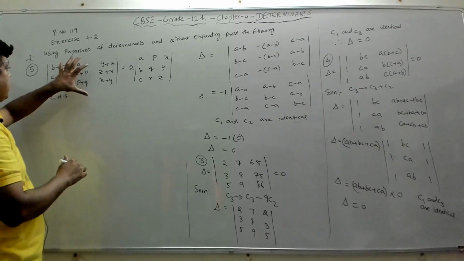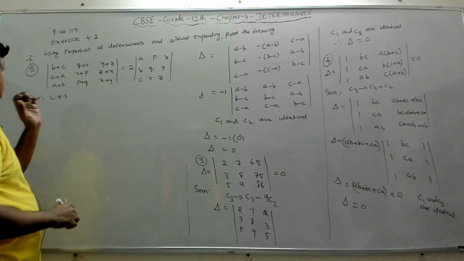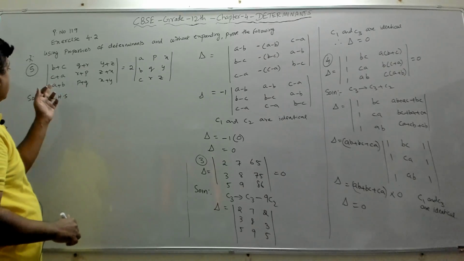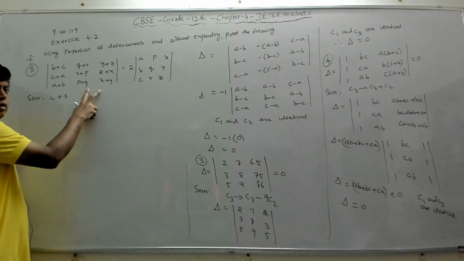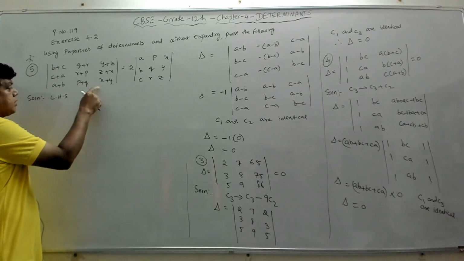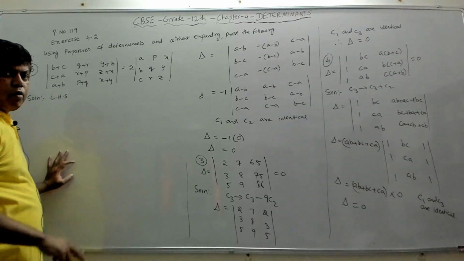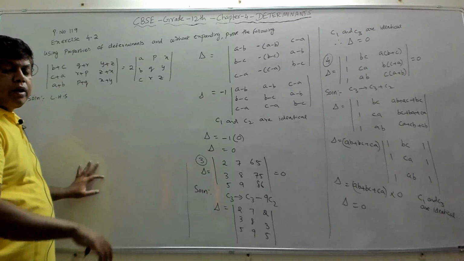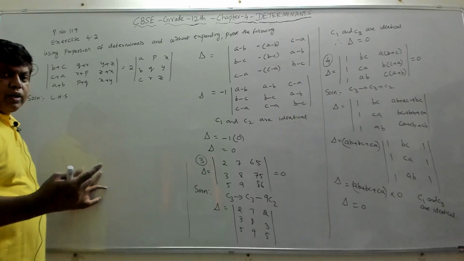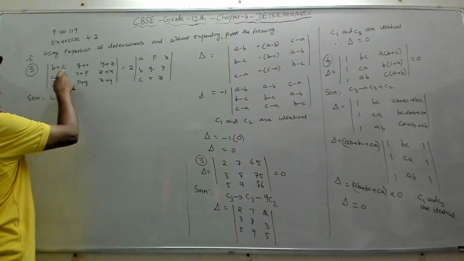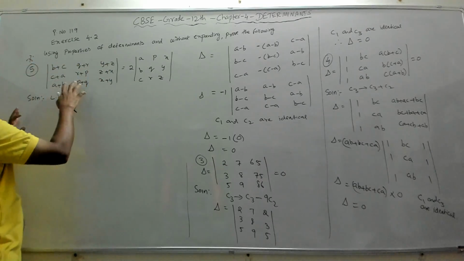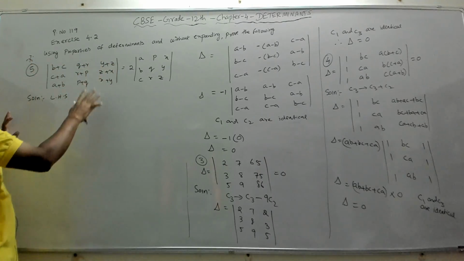Fine. Now if you see this, suppose you take the last row, you can take any one of the rows. Suppose you take the last row, the last two elements, each element is expressed as a sum of two terms, then we can express the determinant as a sum of two determinants. That is by property 5. Even row 1 is the same way; we can take row 1 and break it into 2.